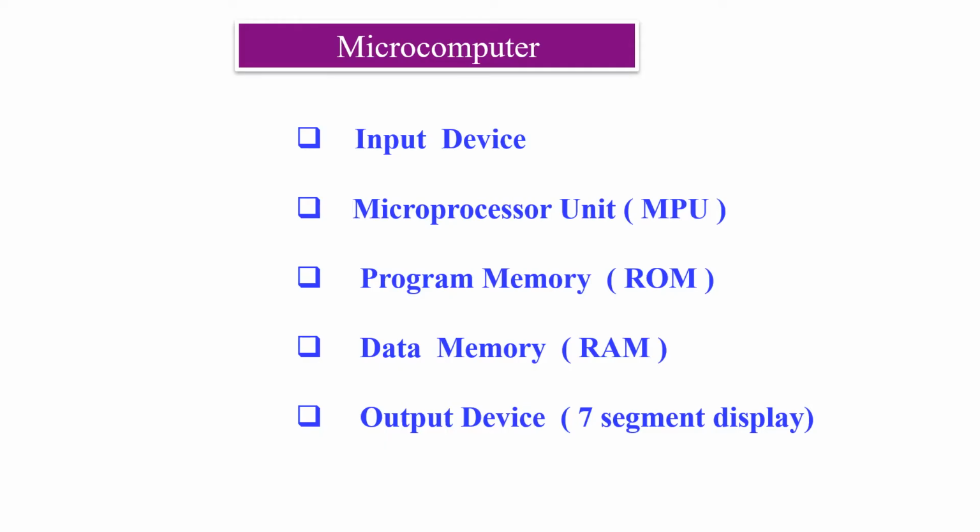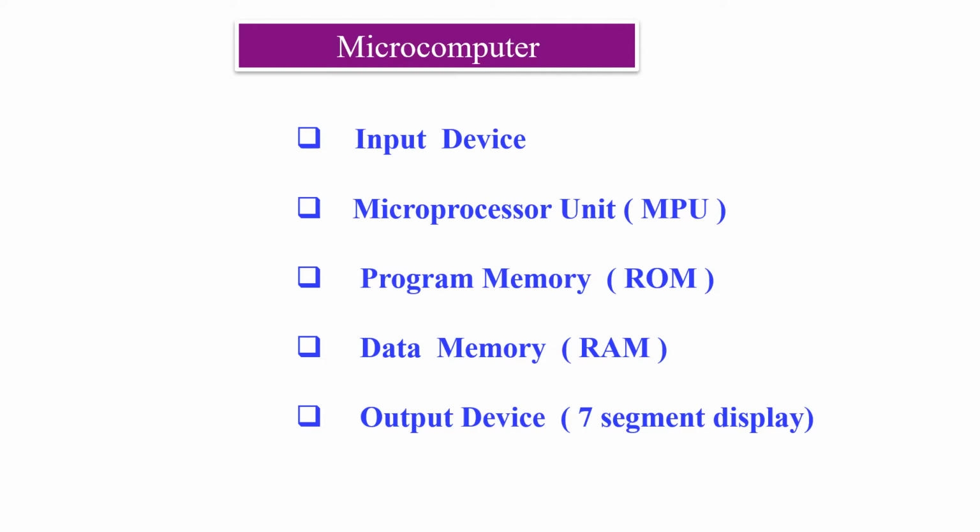So student, in today's lecture we are going to see the block diagram of a microcomputer and each block in detail. A microcomputer is an integrated system of computer components. Which are the components? You are using the computer every day, yes or no? So what are the components of a microcomputer? Everybody knows it. It has input devices, it has a microprocessor unit or CPU unit, which is the heart of the system. Then data storage devices, that is ROM and RAM. Then the input output devices, that is monitor, keyboard, right?